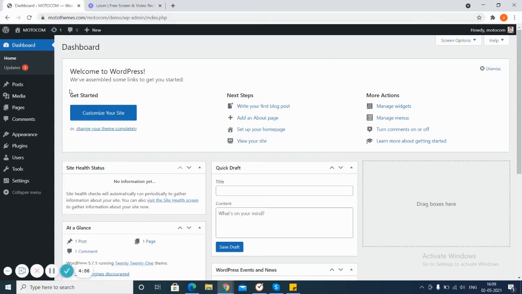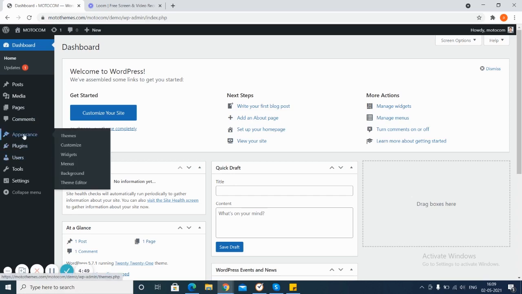So in today's tutorial, I'll be letting you know how to set up a review-based website. So let us begin. After the user has purchased and downloaded our multi-concept WordPress theme, we need to begin with